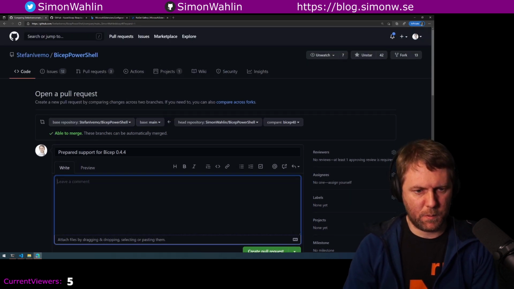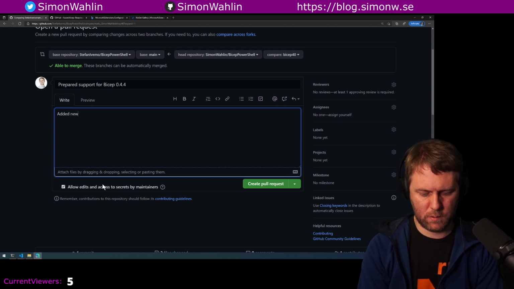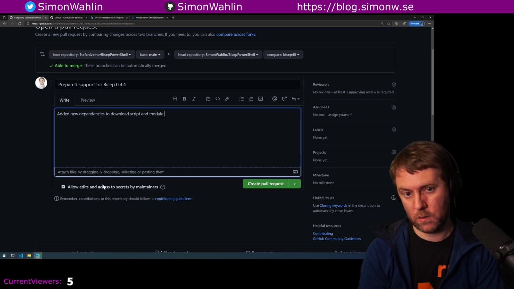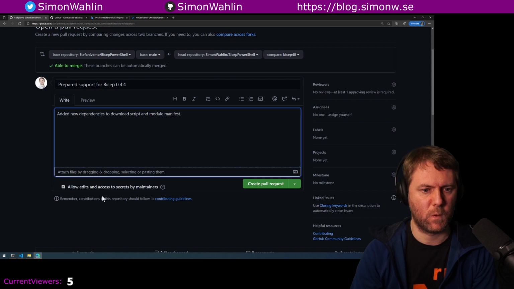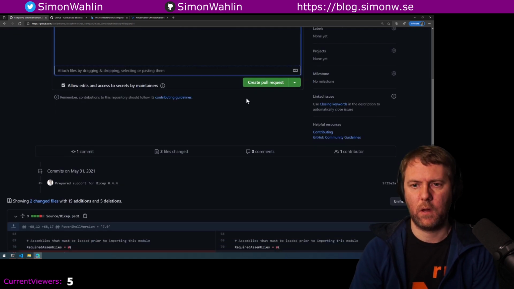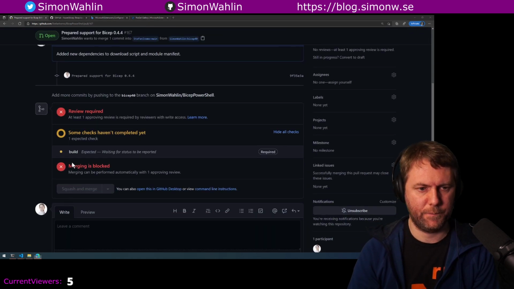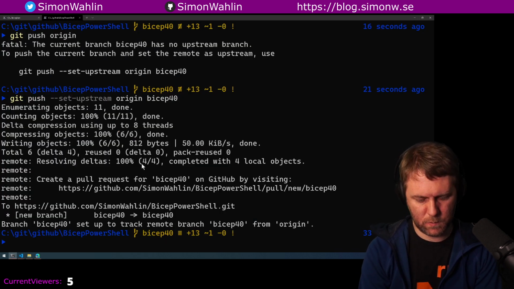Event merge prepared support for... added new dependencies to download script and module manifest. I think that's it. Right? We'll see how that goes, and then we'll do